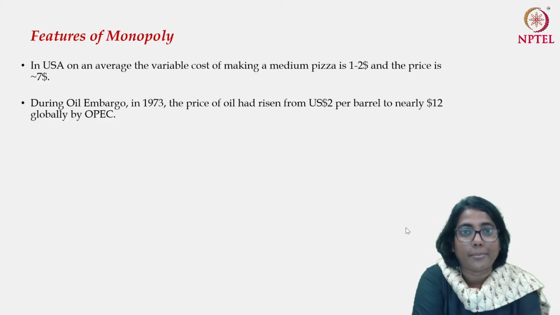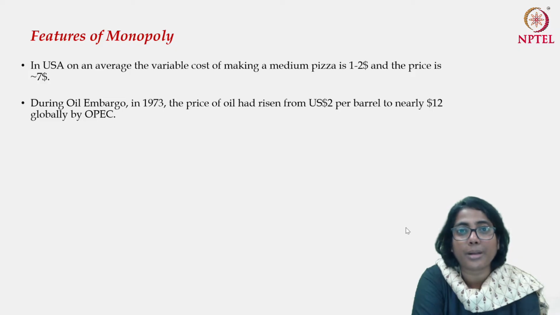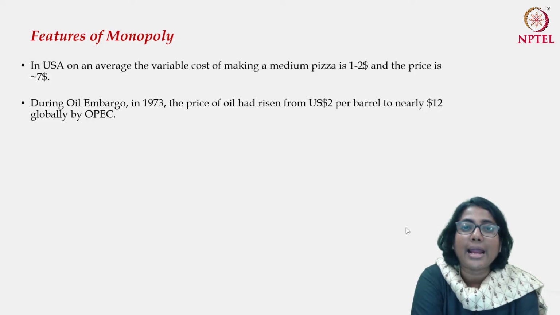Now, how could that happen? Is it the case that suddenly there was a change in the cost of production? Was it the case that there was a sudden increase in the marginal cost of production? Clearly, the answer was no. It was triggered by a certain geopolitical situation, and the major suppliers of oil in the world made a cartel and they made a decision. They are going to act together and reduce the supply of oil to a particular part of